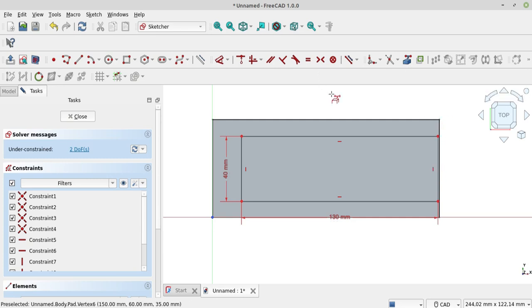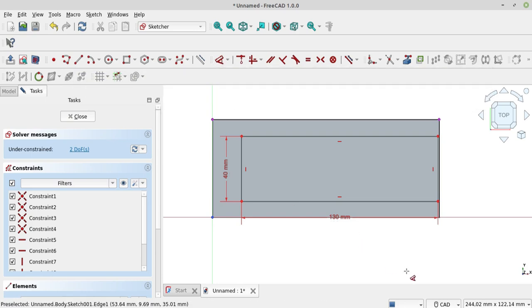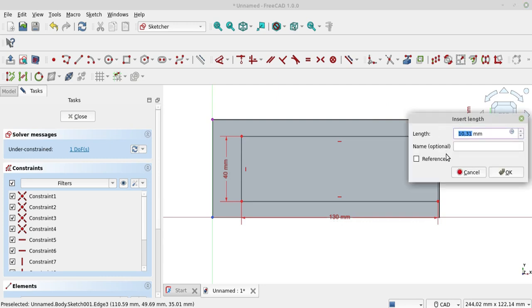I choose this. After that, click dimension to make a distance between the first rectangle and the second rectangle. For the first, the distance is 10 millimeter. Click OK.